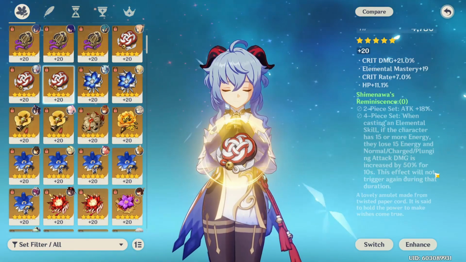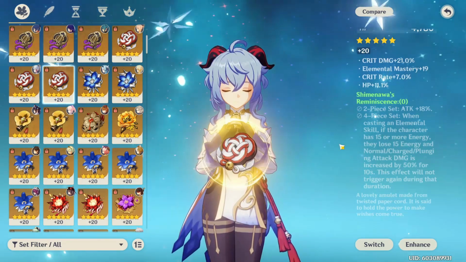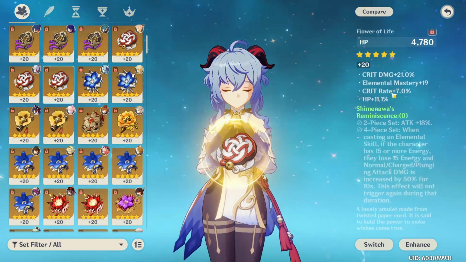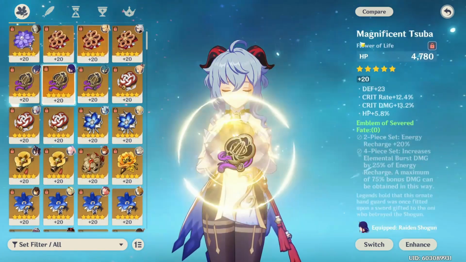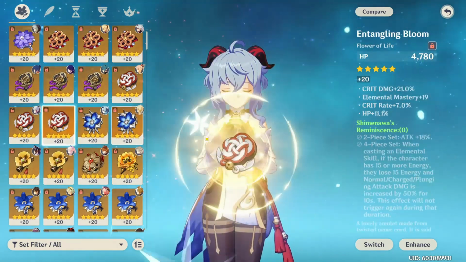when you use your elemental skill. This buff lasts for 10 seconds, but has the downside of making you lose 15 energy, which on one hand is quite annoying, but also in a Melt Ganyu team, you don't always want to be using your burst, and so the damage increase you gain by losing that 15 energy is generally very worthwhile. On top of that, this is a set that comes with the Emblem set, which is one of the best support sets in the game, so you can definitely farm for both of them at the same time